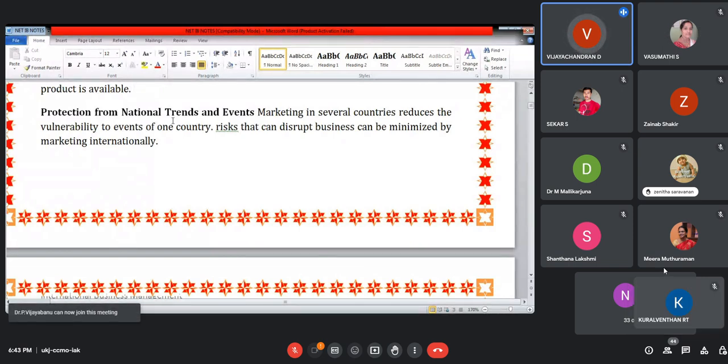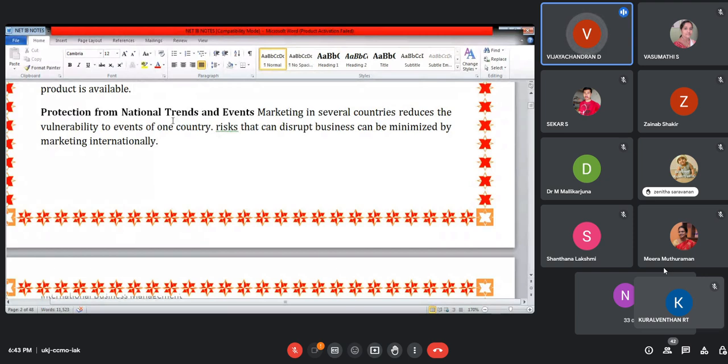I will give an example, the Hyundai company. At the initial stage, due to an earthquake, the total company stopped, but because of international trade, they were able to mitigate the risk. They were able to manage the loss. Those things are possible only with the help of international trade. But in the absence of international trade, you can think, your business will be restricted only to the domestic market.